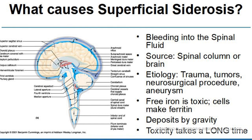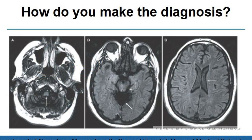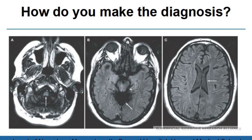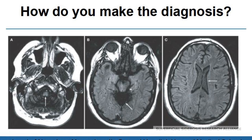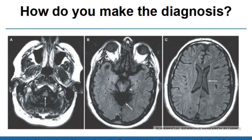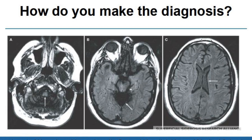Now, what does this look like on a brain MRI? Well, on slide 5, I'm showing you 3 cuts, which are cuts like this through the brain. So it's like chopping off the head and looking down. And what you can see there, the stuff that the arrows are pointing to, those heavily blackened areas, that's iron deposits. And the iron can bind